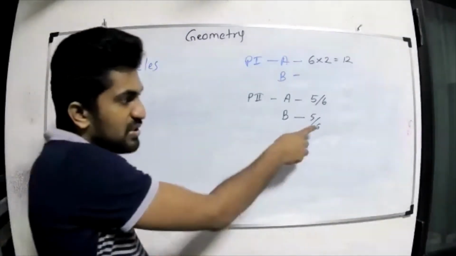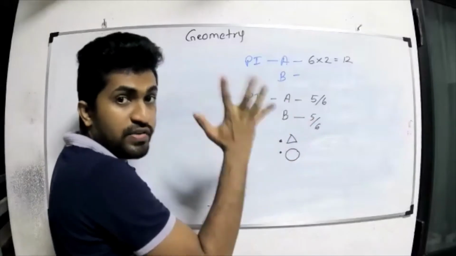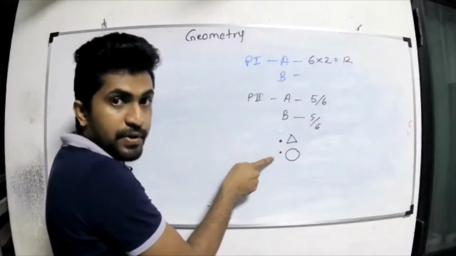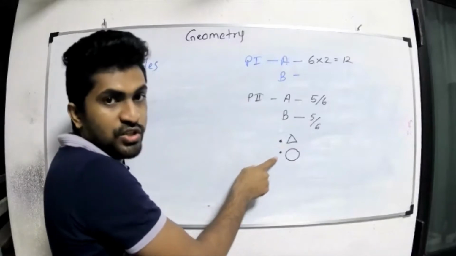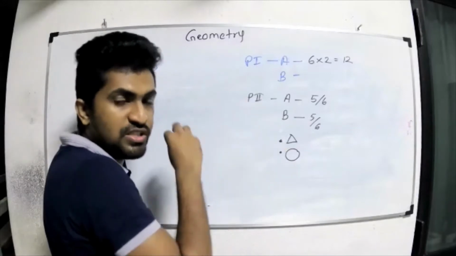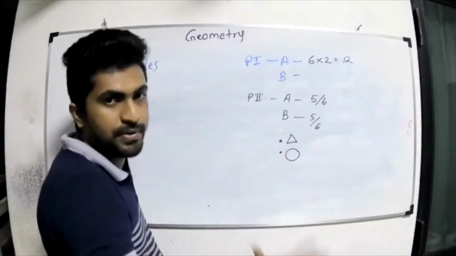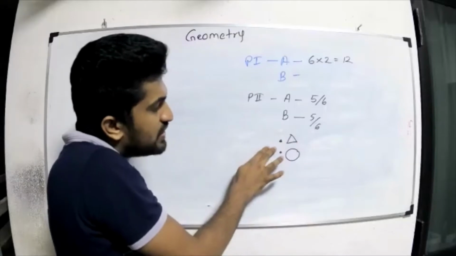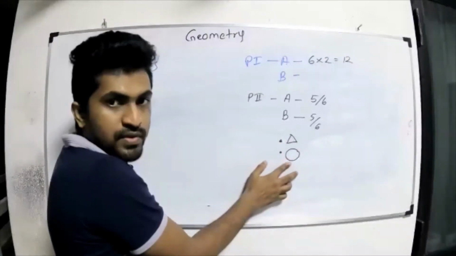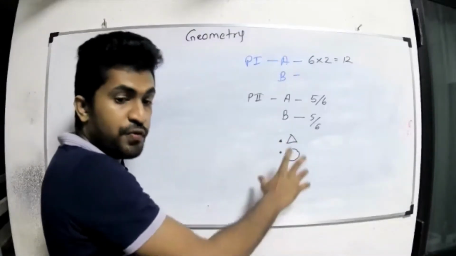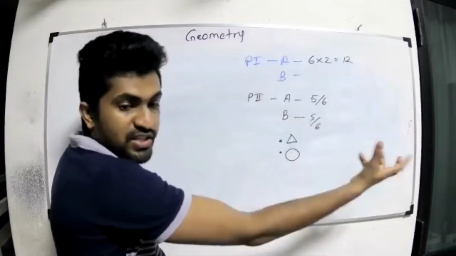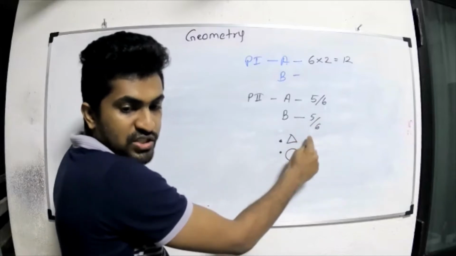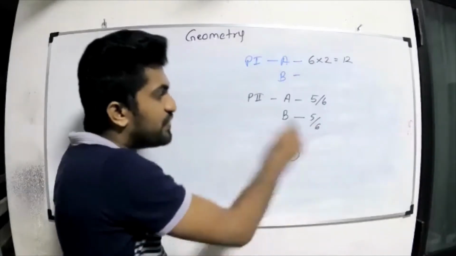I told you there are 6 questions, and you have to answer 5 compulsorily. So if you skip the circle geometry question, you have to do the triangle one. That means geometry is compulsory. You cannot give up. Did you get what I said? If you skip any other question from these 6, that means you have to do both of these geometry questions.